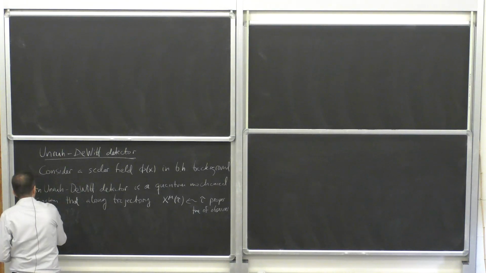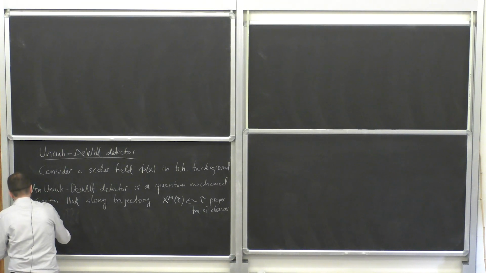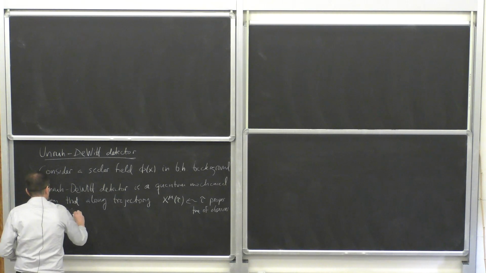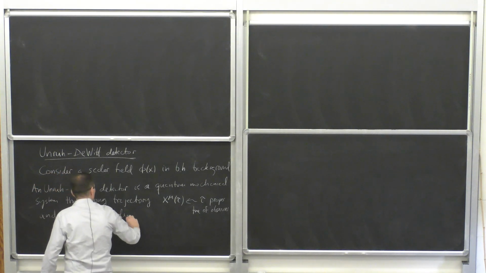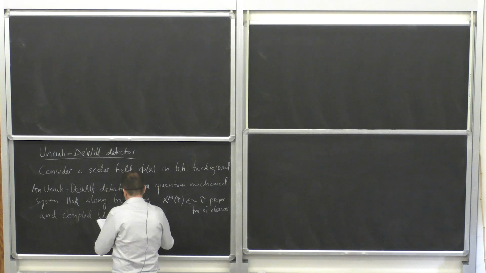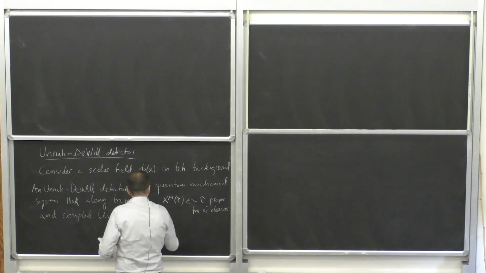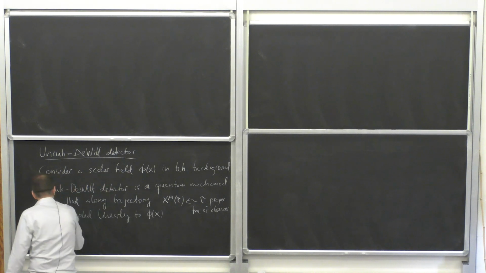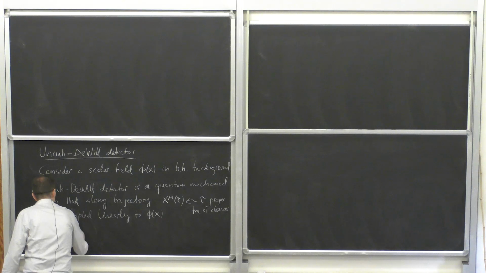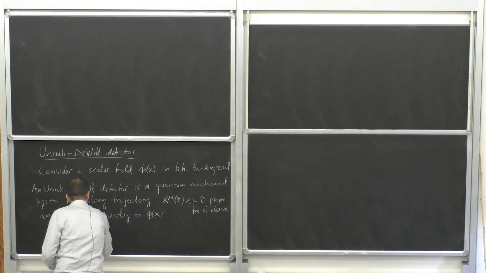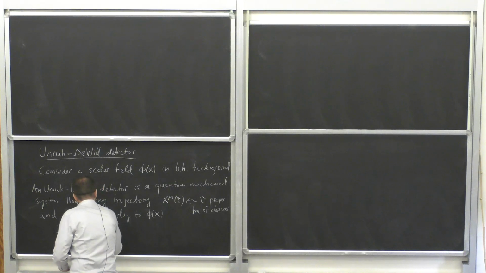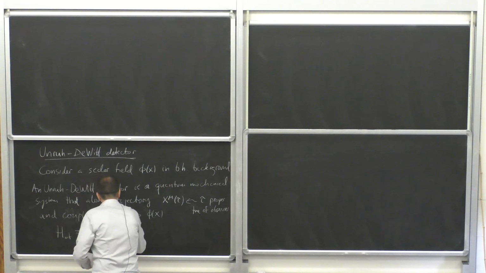It's carried along and coupled linearly to the field. So basically, there will be some interaction. The quantum mechanical system will have its own Hamiltonian, but then there will be an interaction piece, which will have some coupling constant. And then there are a few things that will come into it here. I'll write it as a product of